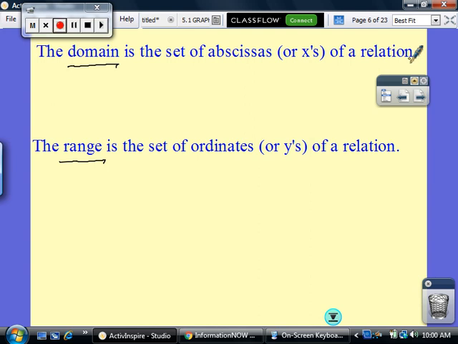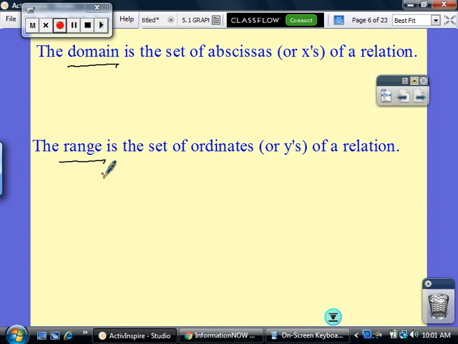Again, what is a relation? What did you just write down? A relation is a set of ordered pairs. So if you have a set of ordered pairs, whether it's represented as a set, table, mapping, graph, or equation, if I have a relation and I take all the X's out, I have a domain. A range is the set of ordinates or Y's of a relation. So if I have a set of ordered pairs and I pull out all the Y's, then I have a